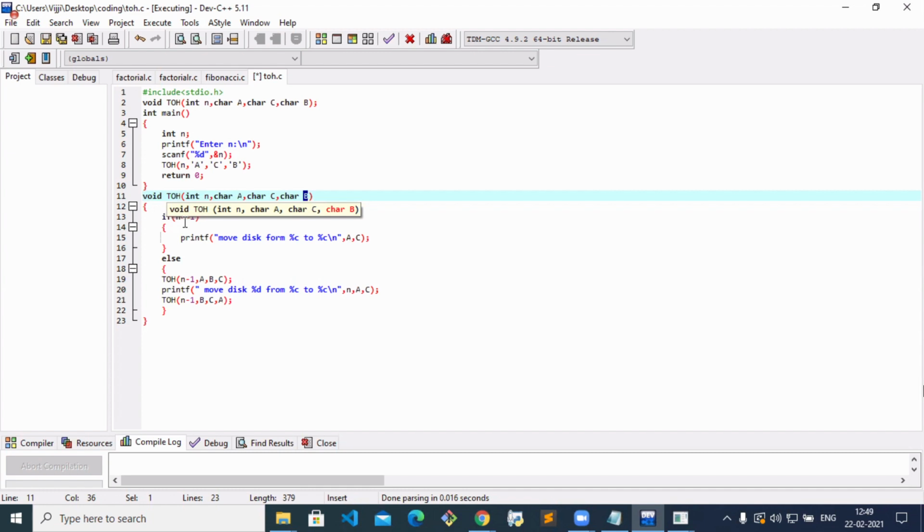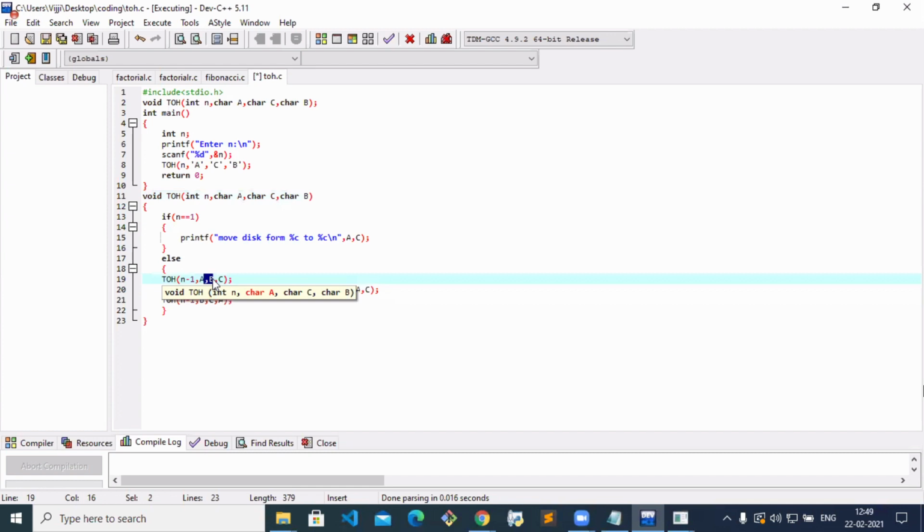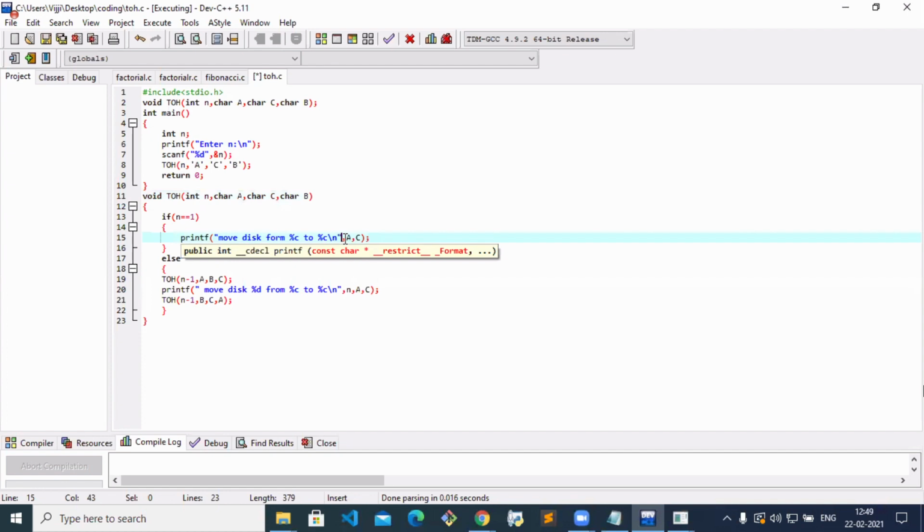2 equals 1, again the condition is false. False means we come here. 2 minus 1 is equal to 1. Now what is being passed? A comma B comma C. What do you have in place of B? You have B only. So first what will you do? N equal to 1 means first you pass the smaller one directly from A to C. Second, you pass A to B. That's why I'm passing B as my destination. Am I clear? Yes, ma'am.